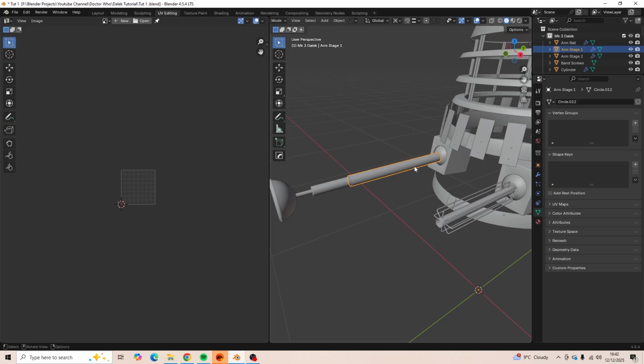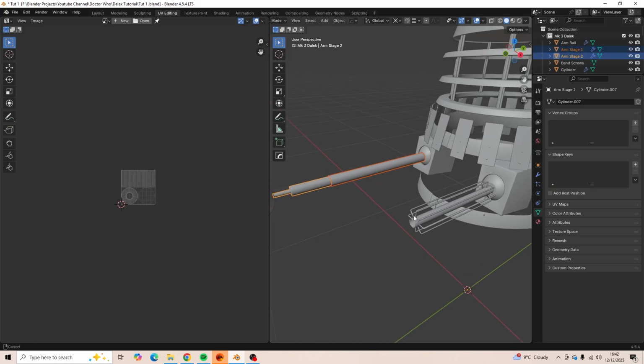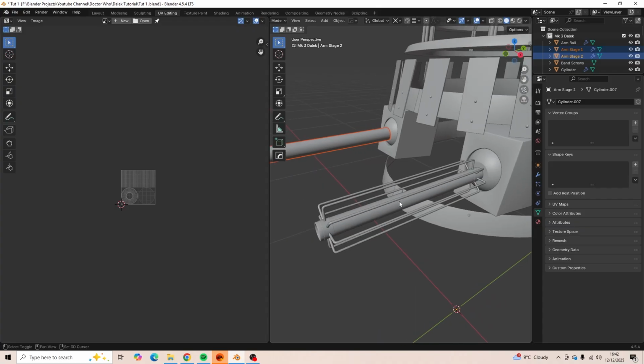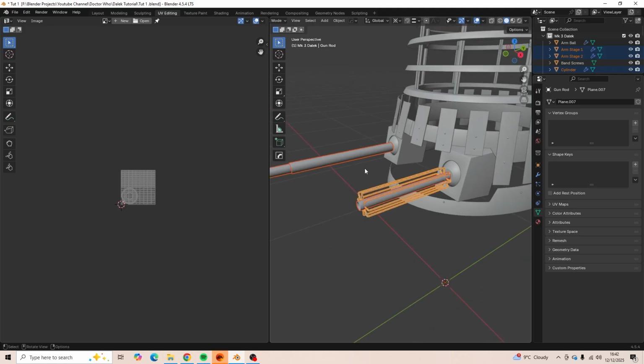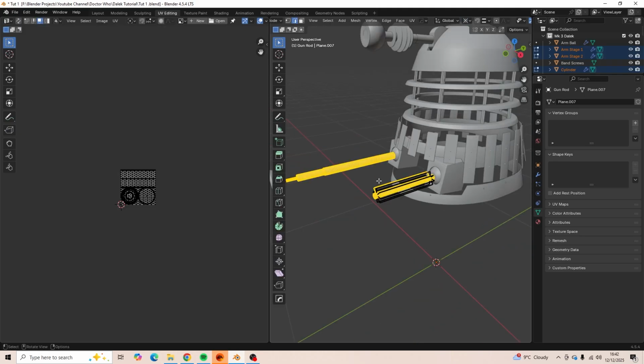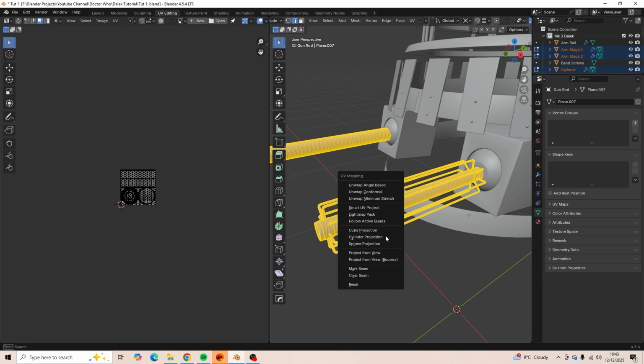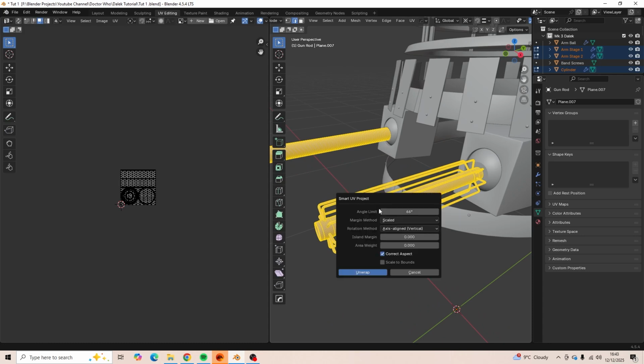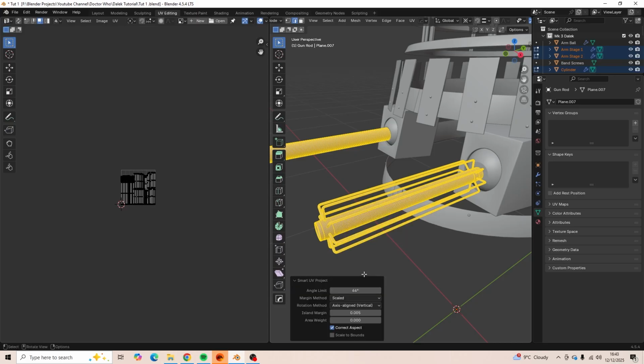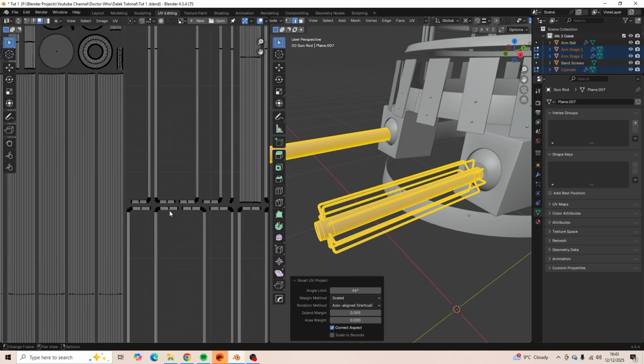this arm here. So arm stage 1, shift and select arm stage 2, and then also shift and select the gun, and then also select these gun rods. With everything selected, tab into edit mode, A to select everything, and we're going to go U, and then smart UV project. Just change our island margin to 0.05, unwrap, and that's done a really good job of unwrapping all